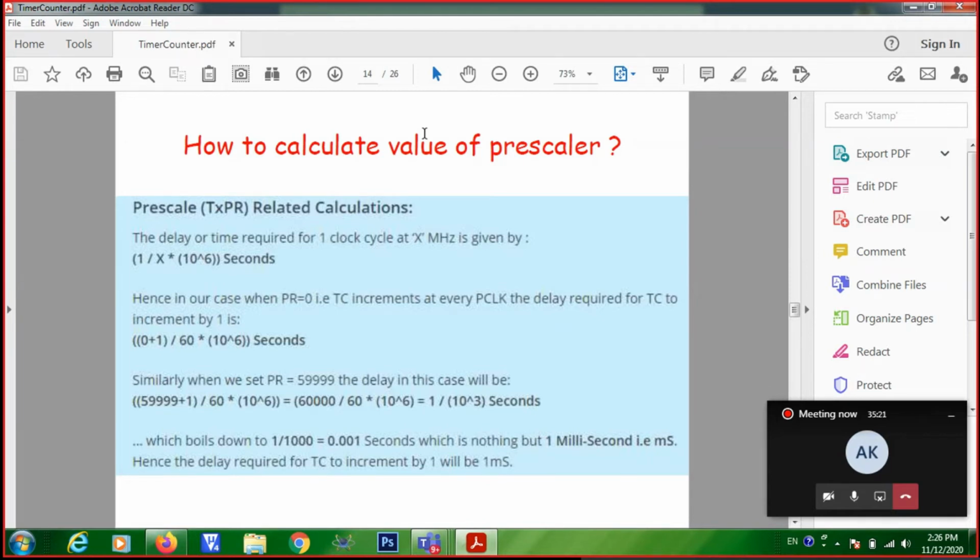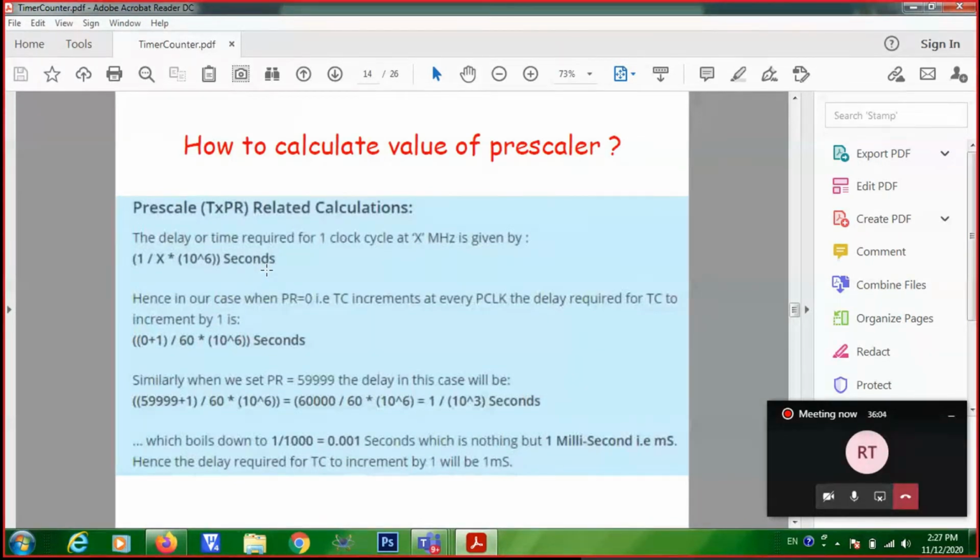What will be the time taken for one clock cycle of the peripheral clock? Generally, 1 by frequency. For the time being, I am configuring the peripheral clock equal to the CPU clock, that is 60 megahertz. So the time taken for one clock cycle of the peripheral clock is 1 by 60 megahertz.